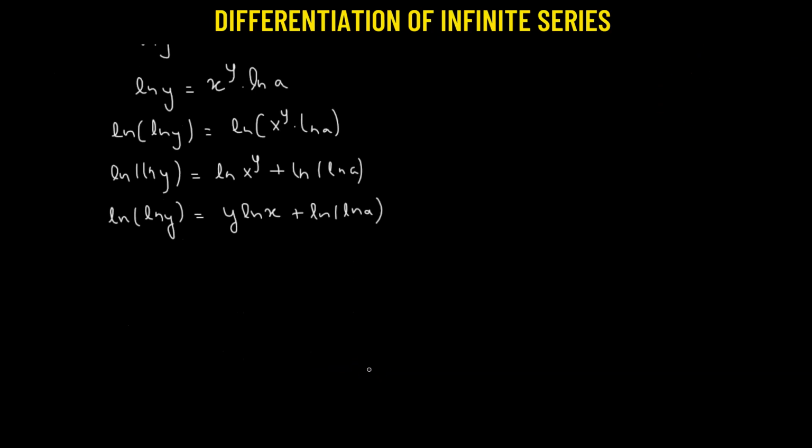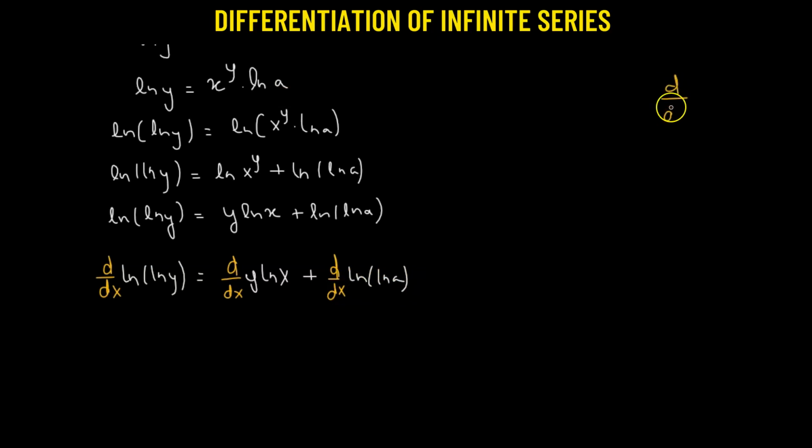Now we will take the derivative on both sides with respect to x. We have d/dx of log log y, which will be equal to d/dx of y log x plus d/dx of log log a. We are going to use the fact that whenever we have d/dx of log of x, that's given by 1 over x. Now here in our case, we have log of log y, so that means we will get 1 over log of y. Now since we have a log of y instead of an x, we'll need to use the chain rule. We'll multiply it by the derivative with respect to x of log of y,